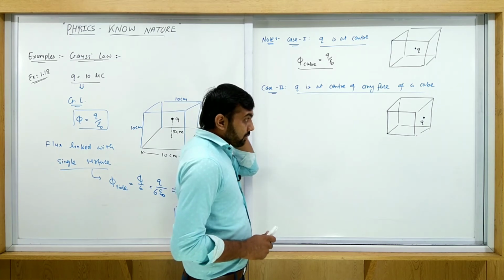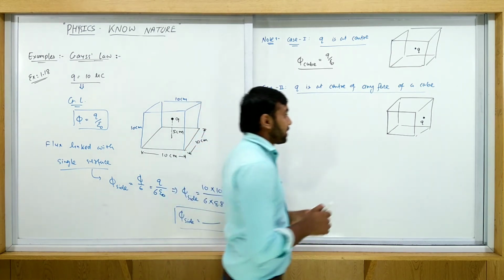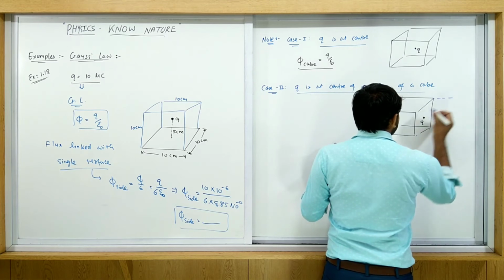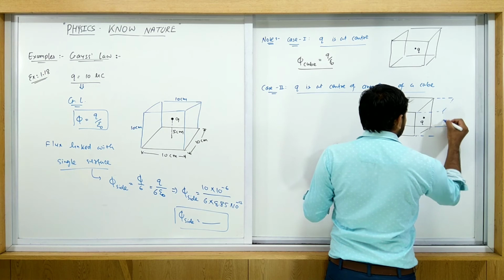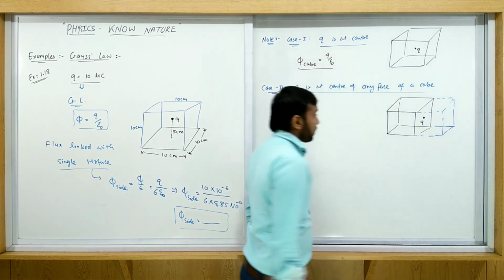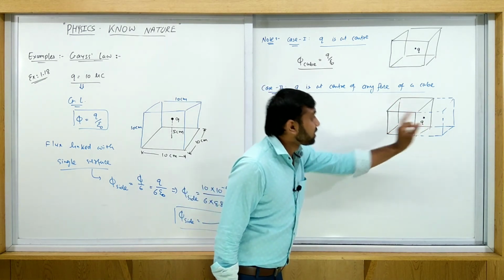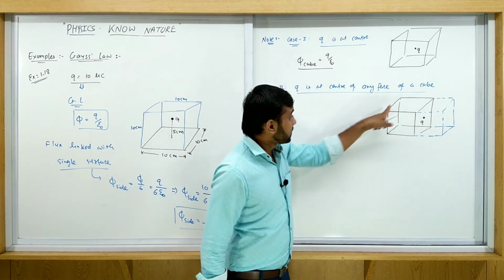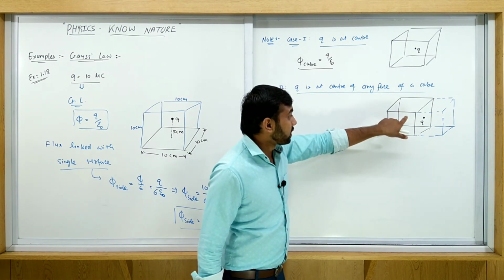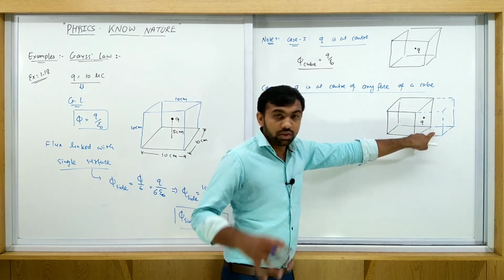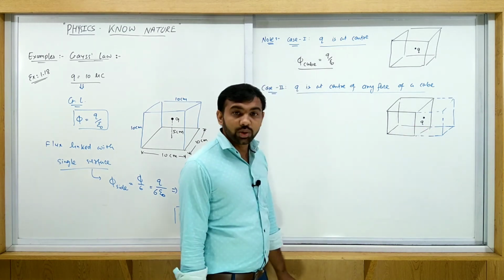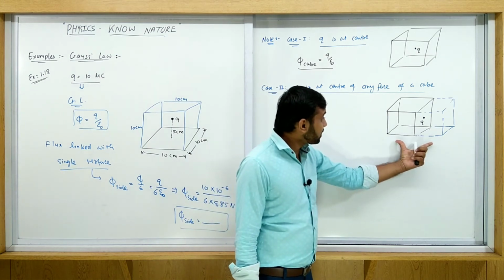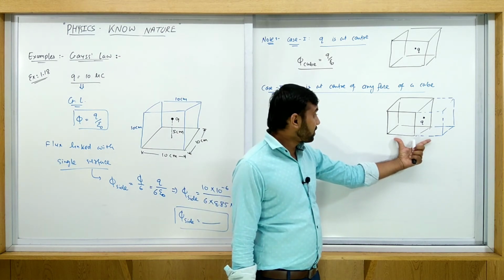तो फिर आप क्या करोगे, इसमें एक क्यूब और ऐड कर दो इसके साइड में, ऐसे यहाँ पे एक क्यूब ऐसे ऐड कर दो. See, now this figure is symmetrical. Now q is at the center of this whole cube. This one is the original and this one is just another cube we imagine placed beside the original cube. So what is the total flux linked with this cube?